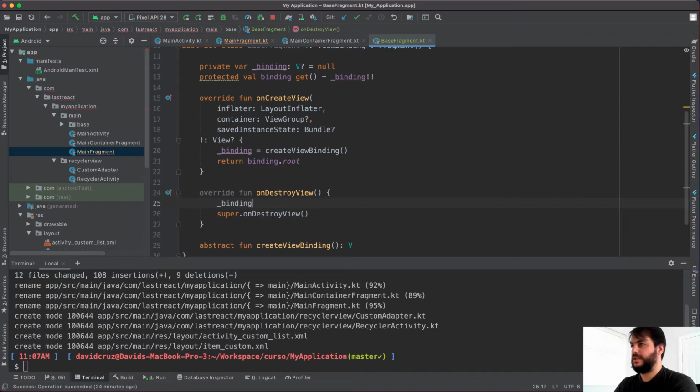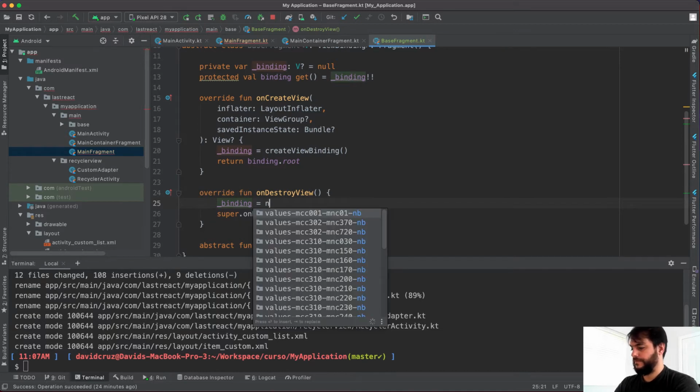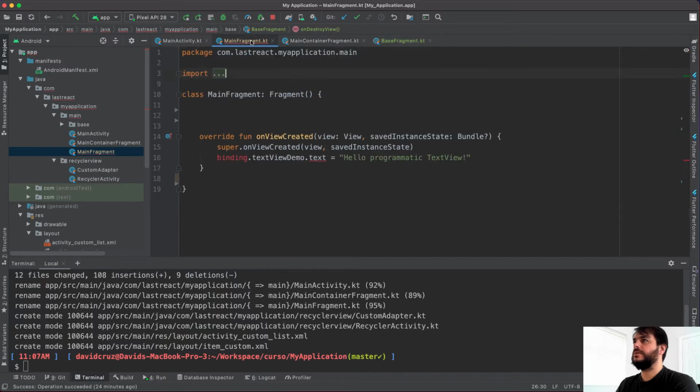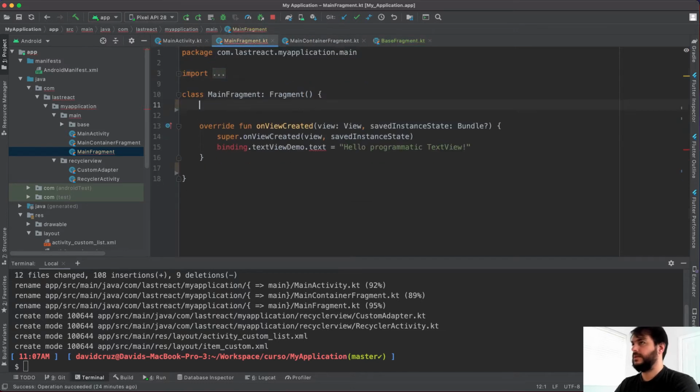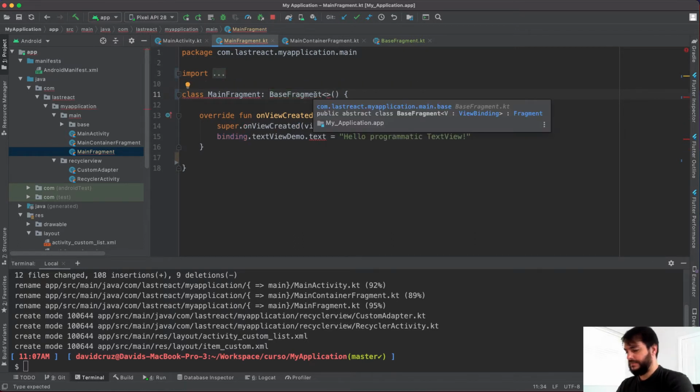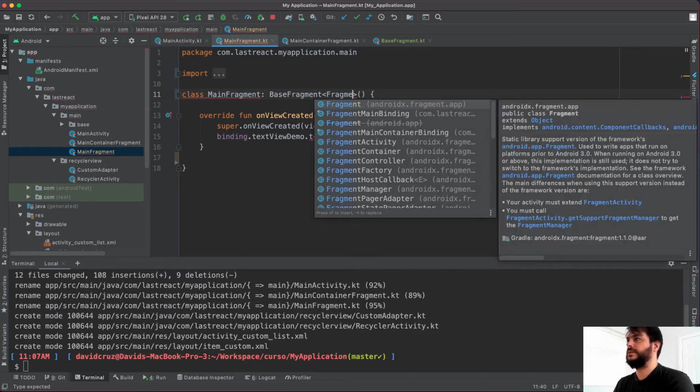So we can pass binding and then pass it null. Okay, so when we destroy the view, we set this one as null and we don't use it anymore. So cool. Here on the main fragment, instead of extending from Fragment, we're going to extend from BaseFragment. This is the abstract class we actually created, and it accepts one parameter, and this parameter is